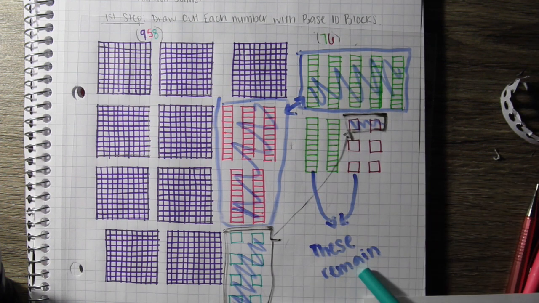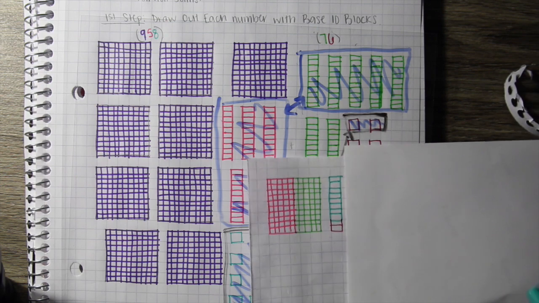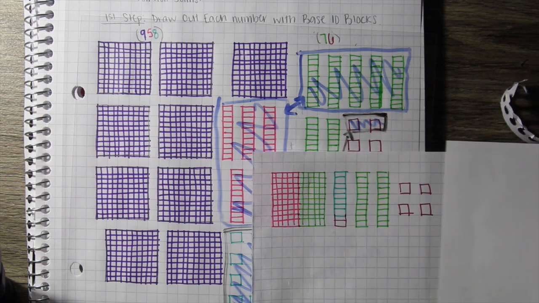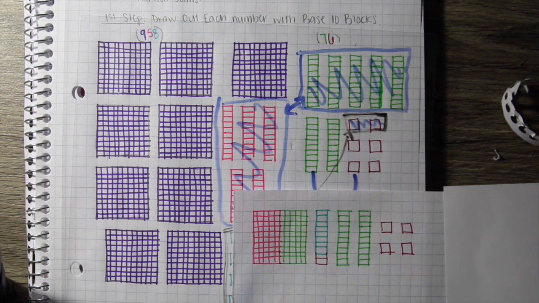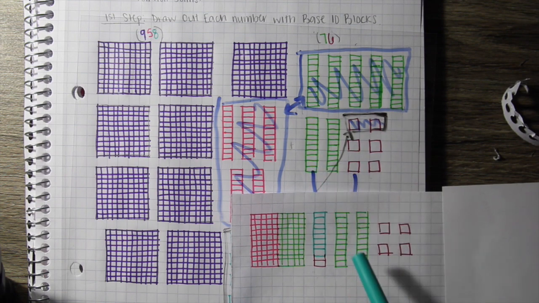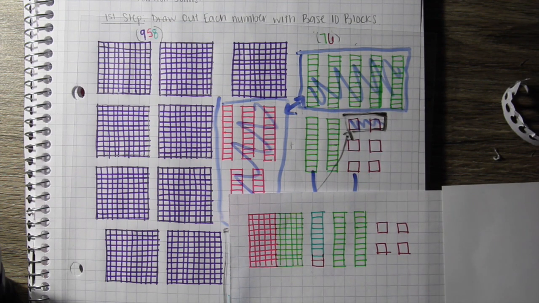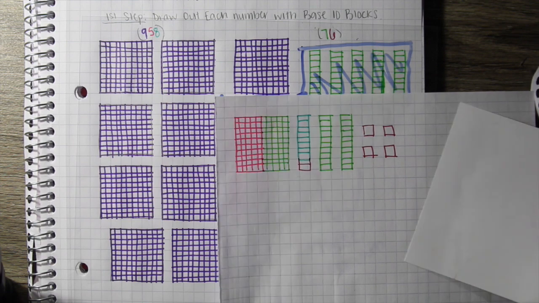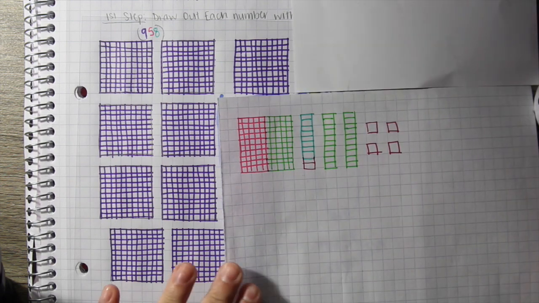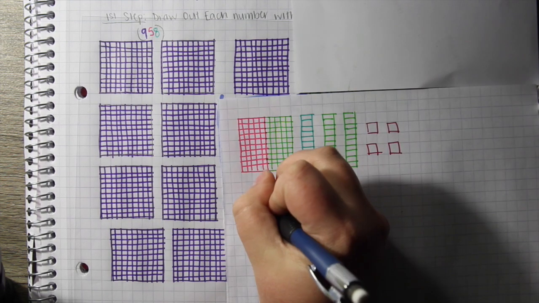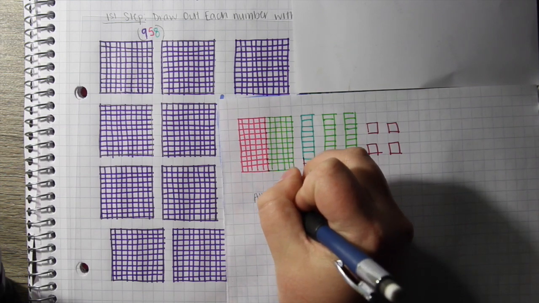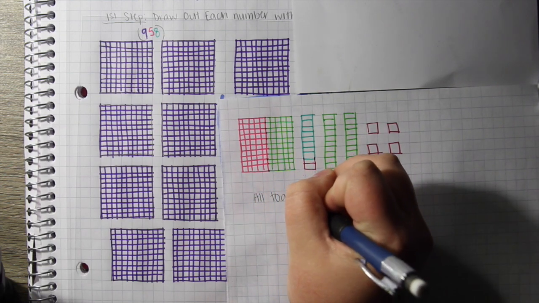So I have 2 rods and 4 blocks left. So that is what's going to be these last few drawings. After that, I'm going to go ahead and cover up everything that I've used so that I can put it in comparison with the original and see what my total value is. So now I'm going to go ahead and count everything that I've just drawn to see what I have all